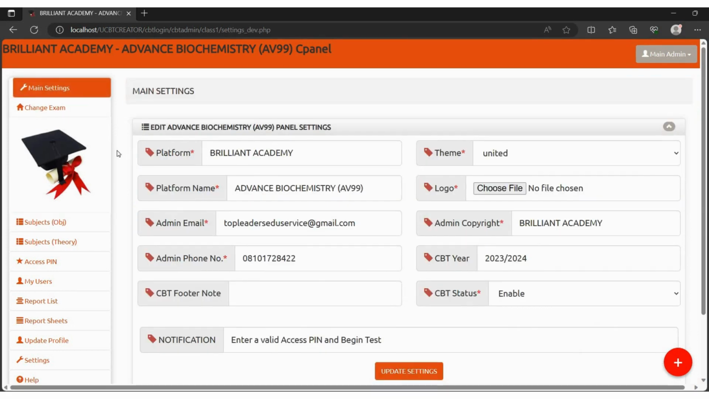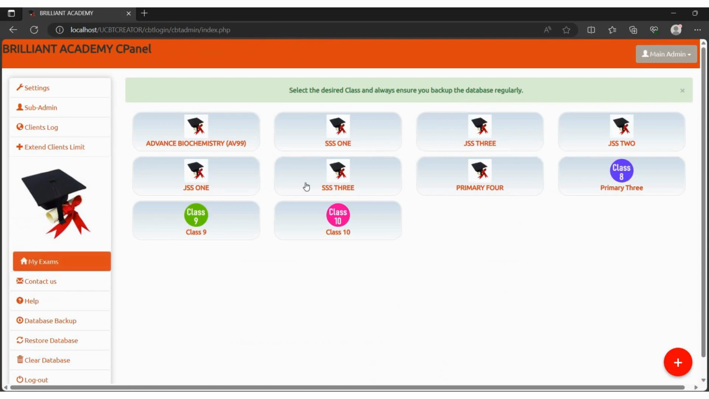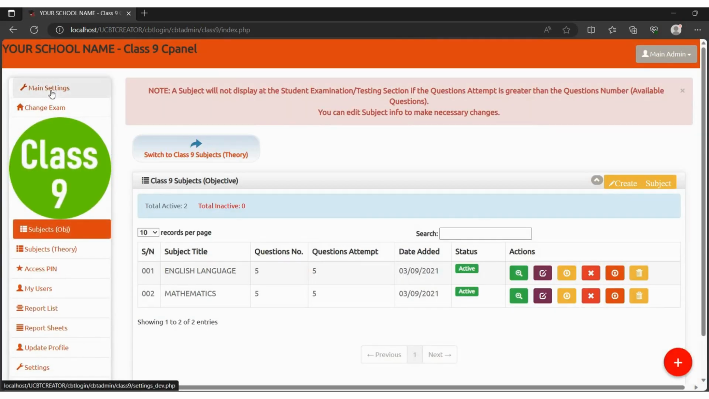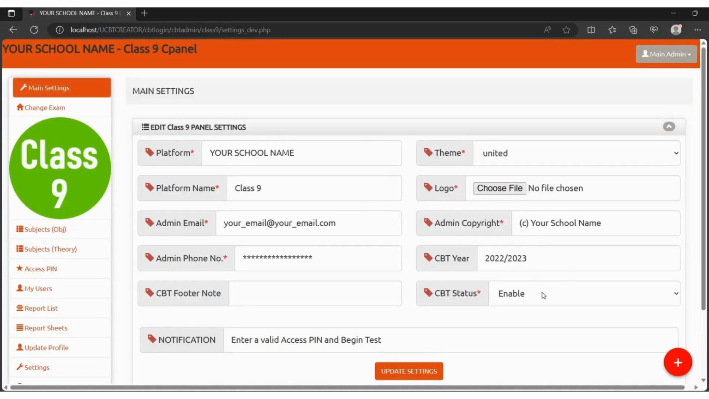Now, the next part is that we're going to see how we can actually disable this so that the student will not see the class. For instance, we can see that this class is not really in use. So if we don't want the student to see it, although in the server you will be able to see it as the admin, but for the students that are doing the examination, if you don't want them to see it, all you do is click on that particular class, go to the same main setting, and go to CBT status, then click on disable